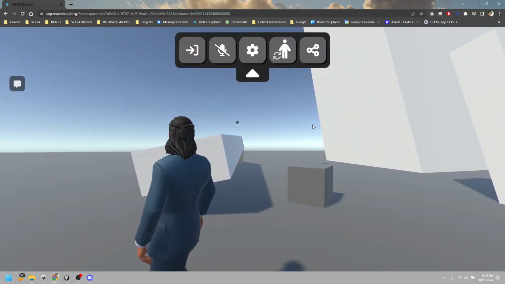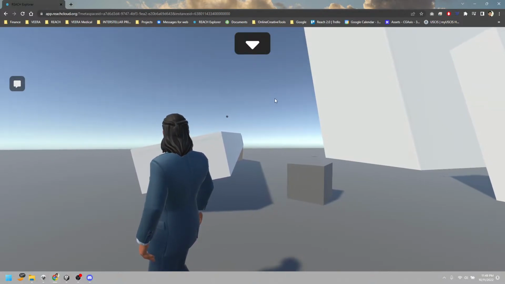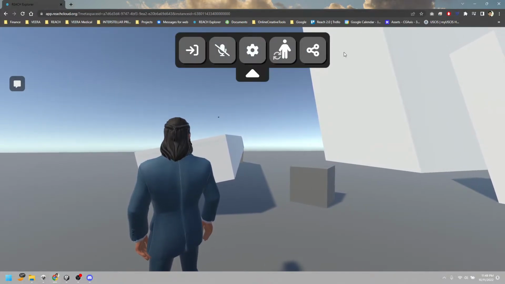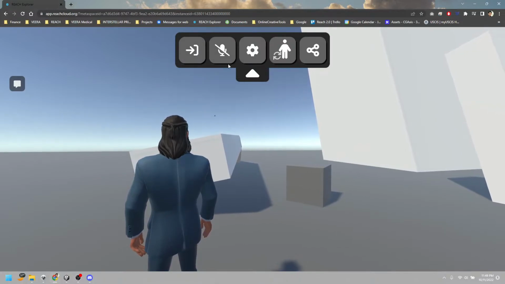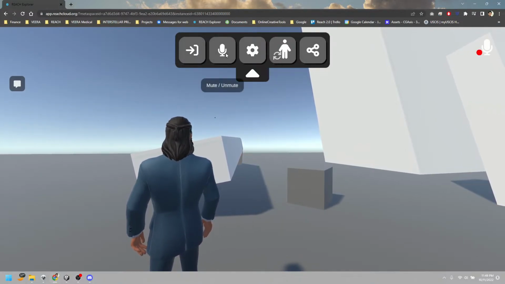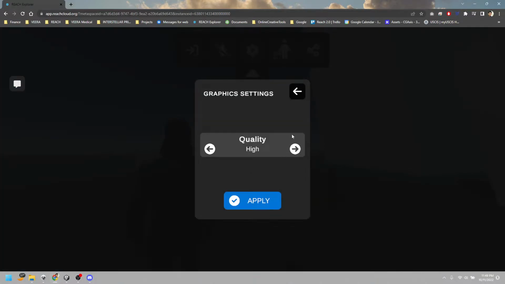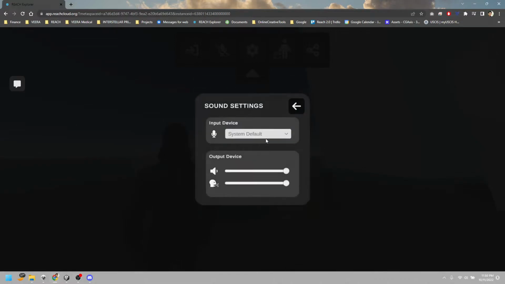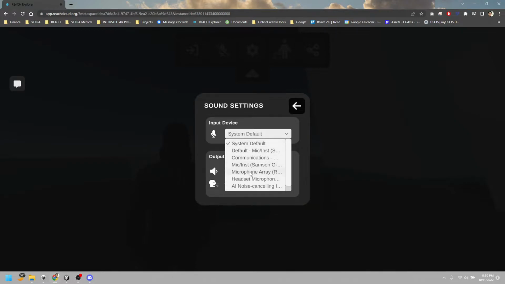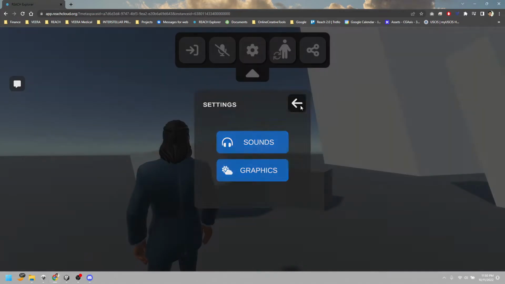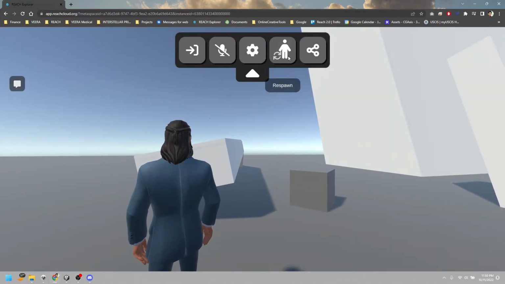And if I want to share this with my friends, I simply press Escape, and you see this big triangle. Drop it down. You see some options. Might as well use this opportunity to go over this. This is simply mute, unmute yourself. I can also adjust the quality setting of my graphics. I can adjust the sound and select my input system where the sound is coming from. I can also adjust the volume of the game sound and the voice, in case sometimes the sound effect or the background music is too loud. You can adjust. This is respawn,